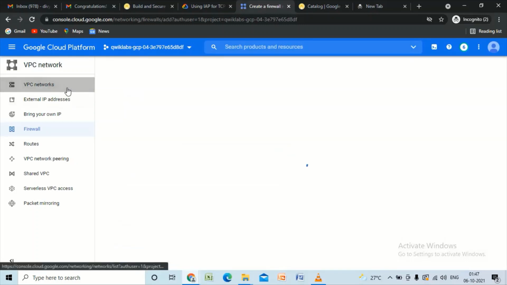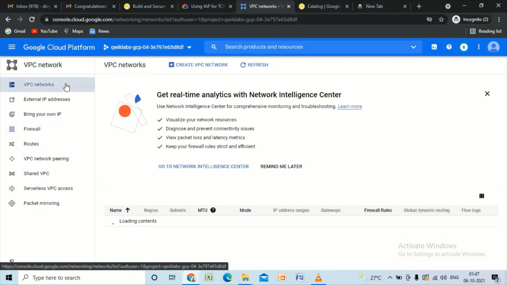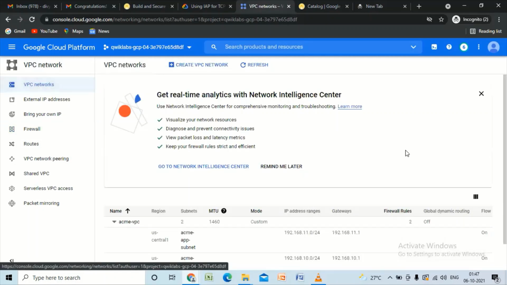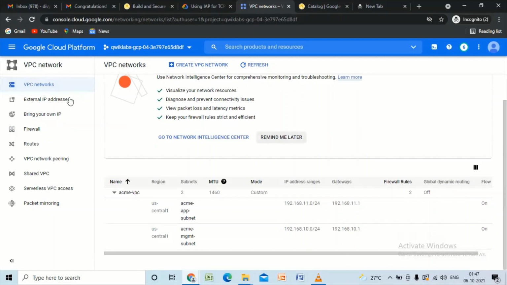And then you need to open this in another tab, or in the same tab, in order to copy the IP address.